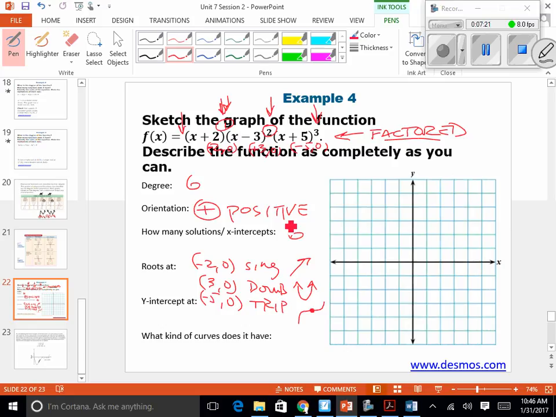How can I graph this thing? Step 1, put in the dots where they go. Negative 2, I just put a dot at negative 2. That's no big deal. Positive 3, I just put a dot at positive 3. And then lastly, the negative 5, I put a dot right there. Negative 3, negative 4. This is the part that you'll have to do where you have to sketch a rough